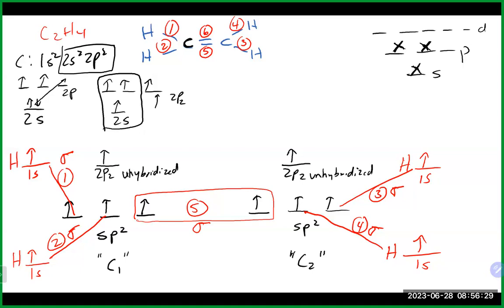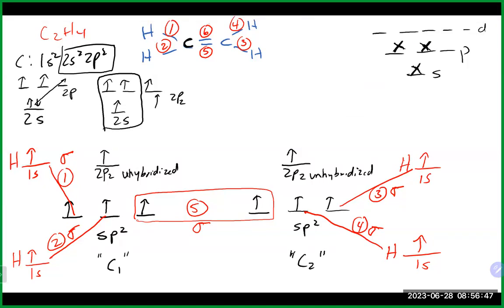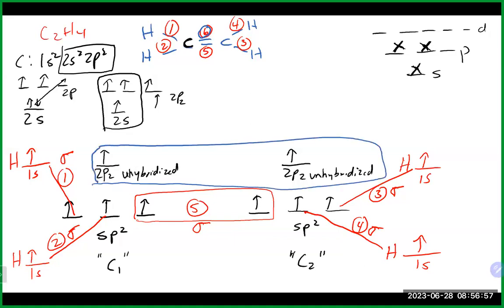So clearly we've used up all of our hybrid orbitals to make all of our bonds at this point. We still have one more bond to go, which is the second line of the double bond, the second bond to make that double bond. The second bond, which would be number 6 right here, the only thing that is left at this point is the unhybridized p orbitals, which are going to come together to make the second bond in that double bond. So the first bond in that double bond comes from the two hybrid orbitals of the carbons coming together